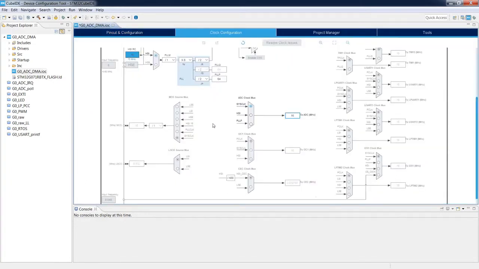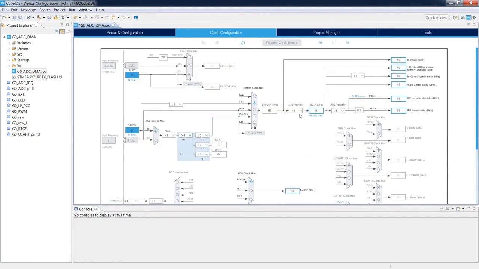Let's have a look at the clock configuration once again. We see that our system clock is configured at 16 MHz, which is transferred to all of the peripherals. As we can see, our timer clock is as well 16 MHz. So we need to divide this 16 MHz in such a way to have 1 Hz at the end.